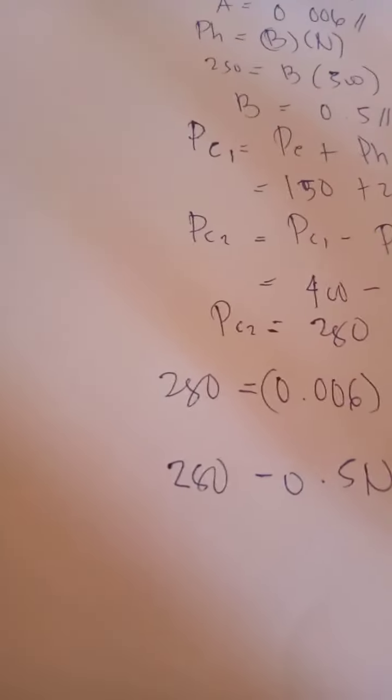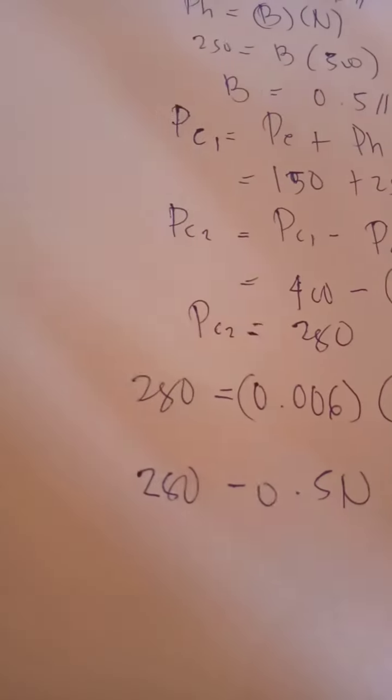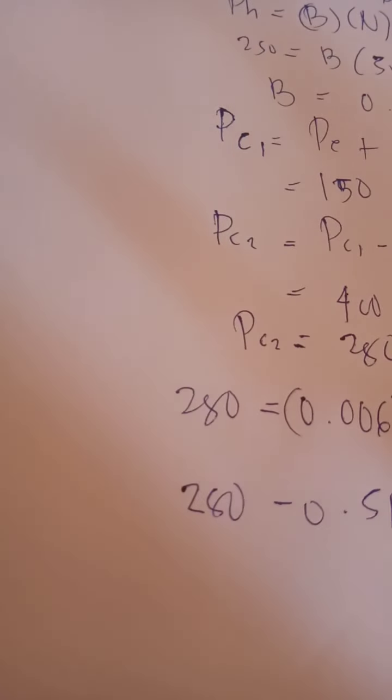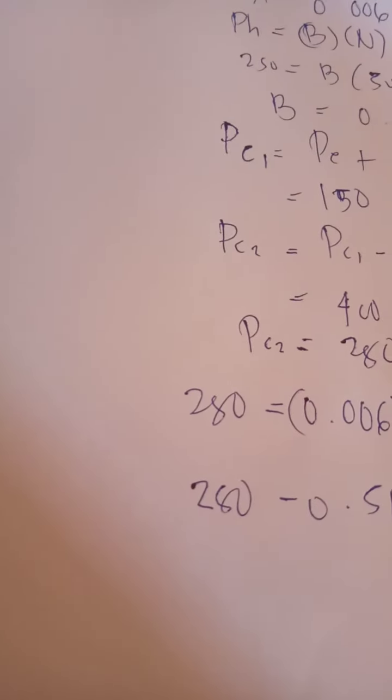We should have a quadratic equation, and that's 280 minus 0.5 n minus 0.0006 n squared. We should have an answer of